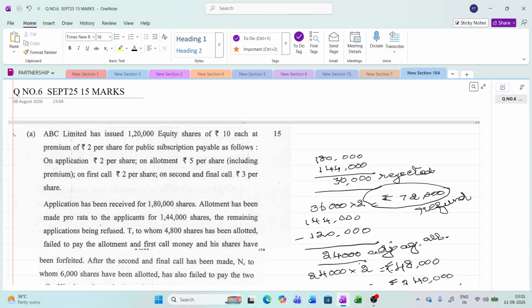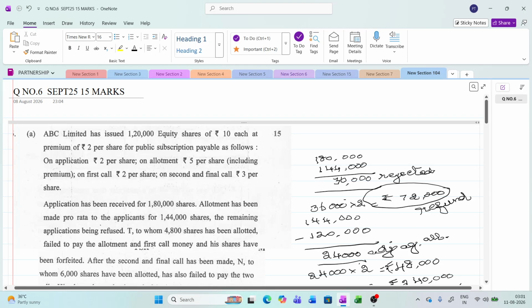Clear? So now what you people used to write is bank account debit to application account. Now you will not write the total one. You will write only for 1,44,000, because 36,000 will go into your bank transaction, not in this journal. So 1,44,000 into 2 rupees will become